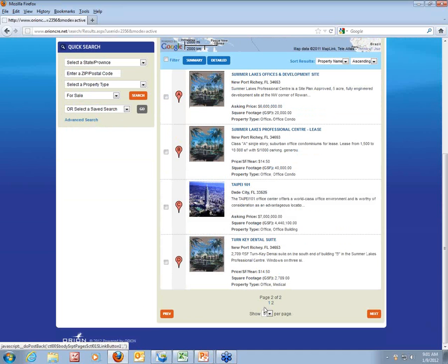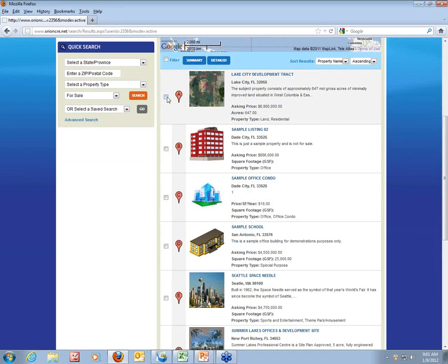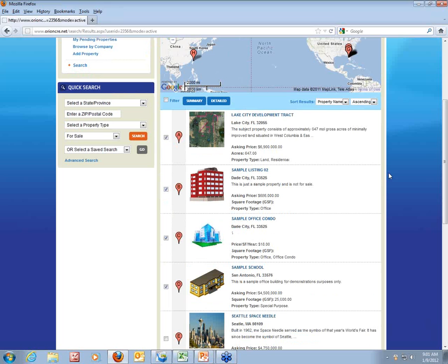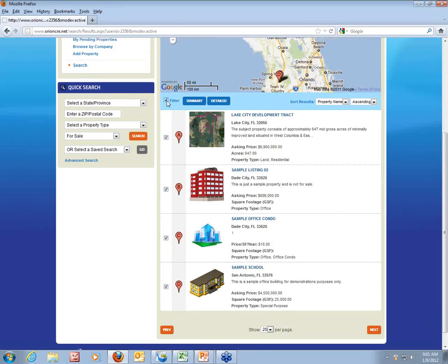As I'm looking at these, let's say I want to look at that one, that one, that one, and that one. I want to get rid of all the rest and just look at those. I can check the filter box, then click on this filter box up here, and it gets rid of all those other listings, and then it just shows me these 4 that I have selected. And if I wanted to, say, print out just a summary report of these 4 listings, I click on the word Summary,